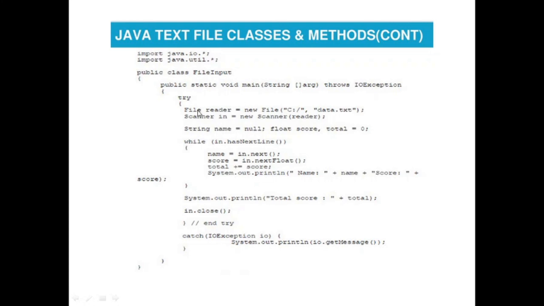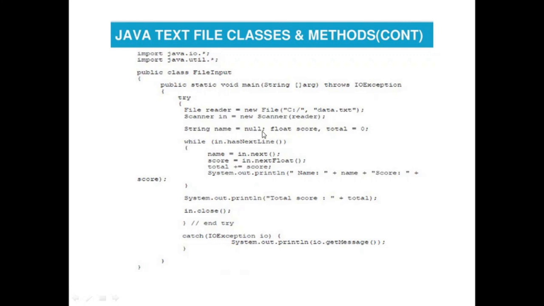So what we are doing is, first of all, in the main method, this class is FileInput. Inside the main method, I am keeping the whole code in a try catch block. Okay, I have not told you what a try catch block is. This is in fact a strategy used for exception handling. I'll take this topic in our later lectures, but for now just think that whatever is inside try is going to be executed without error. Okay, FileReader is equal to new File, you are passing a file inside it. Then Scanner in is equal to new Scanner(reader). Okay, this Scanner class is taking as a constructor an object of file type, that is reader is passed inside it.